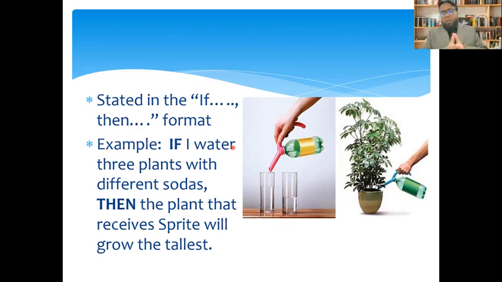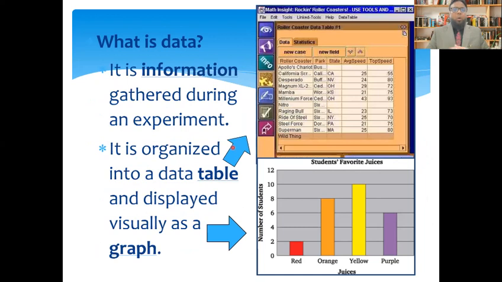So what is the reason behind it? If you add some Pepsi or 7 Up, it doesn't grow faster. But if you put some Sprite, it grows faster. So what is the reason behind it? Actually, scientists also make some type of statement or format that if it happens so, then it will happen so. For this, the scientists perform an experiment,